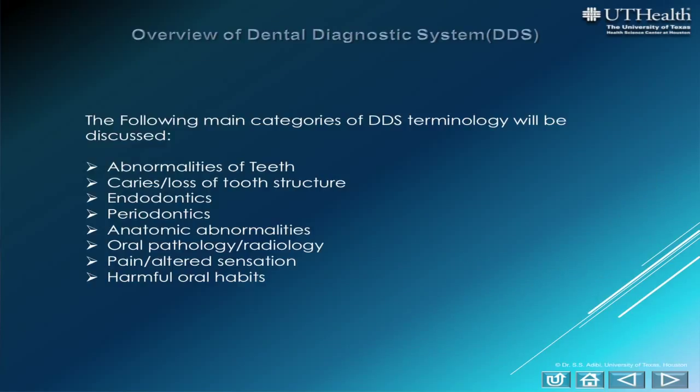The following are a list of the main categories of DDS terminology: abnormality of teeth, caries or loss of tooth structure, endodontics, periodontics, anatomic abnormalities, oral pathology and oral radiology, pain or altered sensations, harmful oral habits,